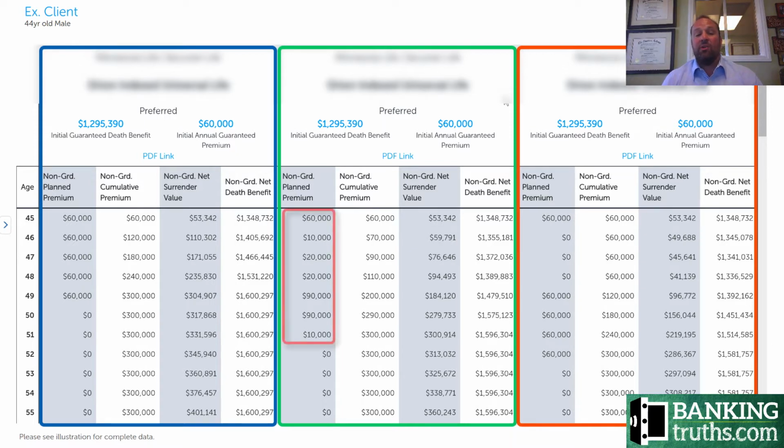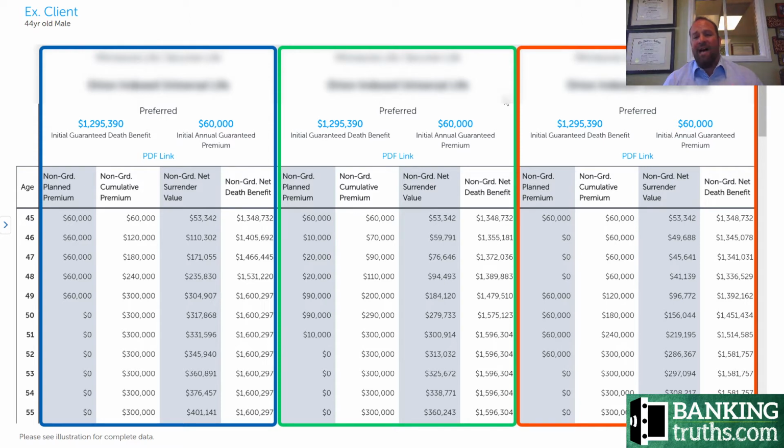Now in scenario 2, you can see $60,000 was paid the first year, but then for whatever reason, the client hit a speed bump and they couldn't fund the full $60,000. Now keep in mind, if they needed liquidity, they could fund the $60,000 and borrow against the policy, but for whatever reason, this client couldn't write the check. So they light funded the policy in year 2, in year 3 they put in $20,000, same with year 4. And then in years 5 and 6, the client got their windfall event and they caught the policy mostly up and finished it off, putting in the full $300,000 by year 7.